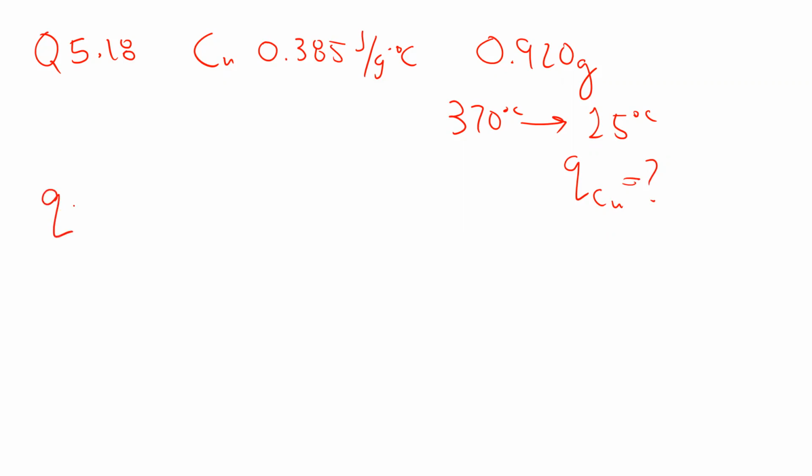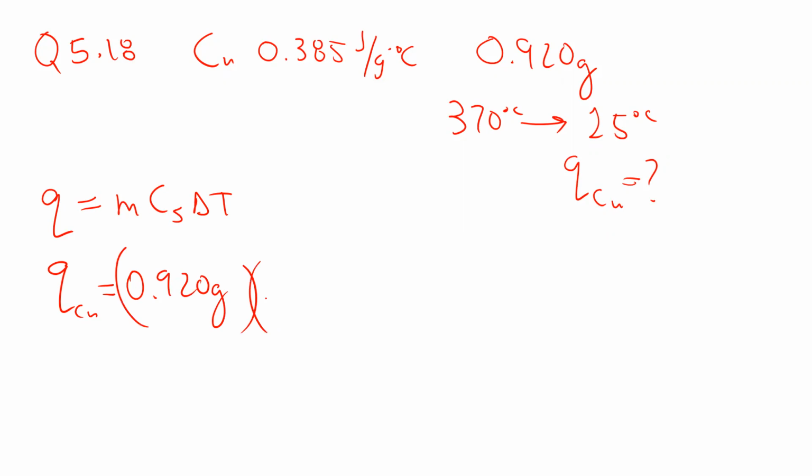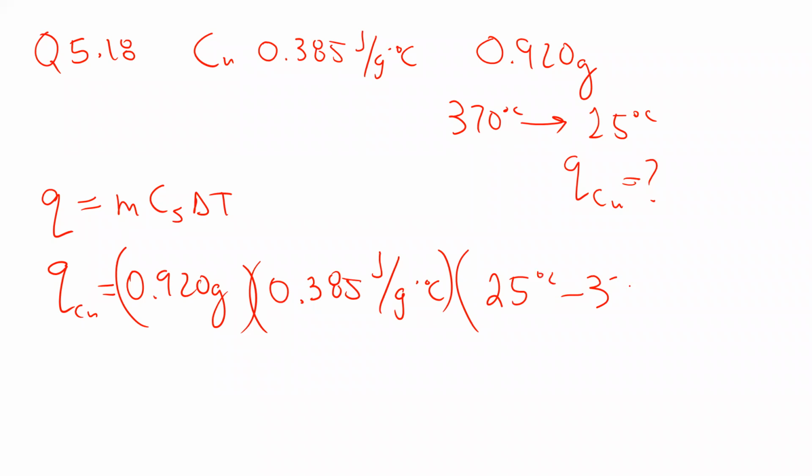So yeah, Q equals mC delta T, right? So Q for the copper, my mass, 0.920 grams, my specific heat, 0.385 joules per gram degrees Celsius. My delta T, and here's where people were making a mistake, right? Delta T is final minus initial, so 25 degrees minus 370 degrees. So we should have a negative delta T, which means I'm going to have a negative value of Q. I think it ends up being like negative 122